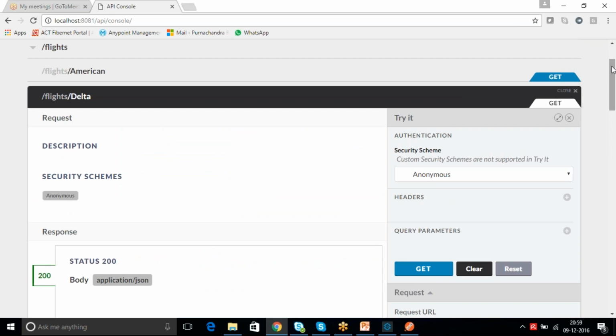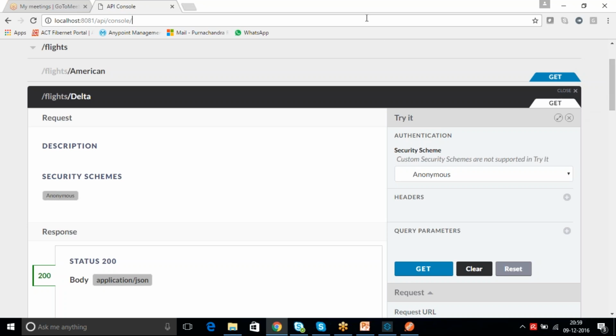Let's say American Airlines, I have 10 flights availability information, and Delta there will be 5 flights availability information, and then United there will be 10 flights information. So when I click all, flights all, then I need to show all the 3 airline systems' flights availability information. I want to see it in a single JSON format or XML format.